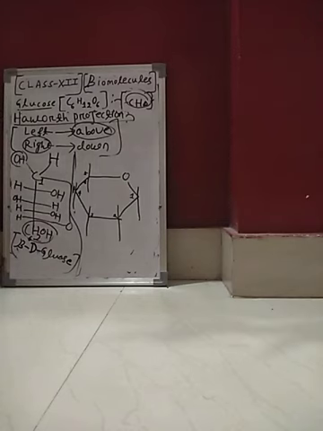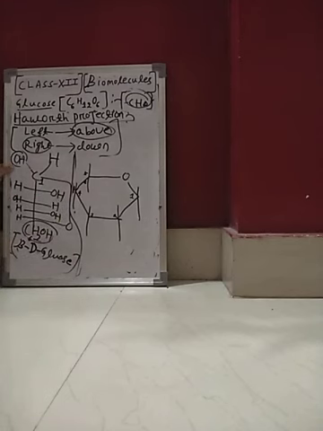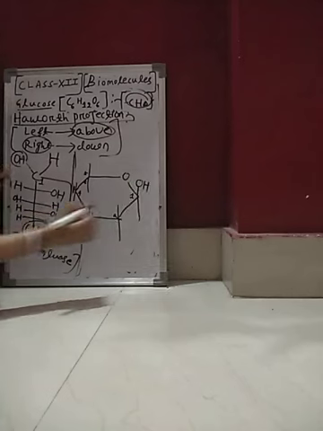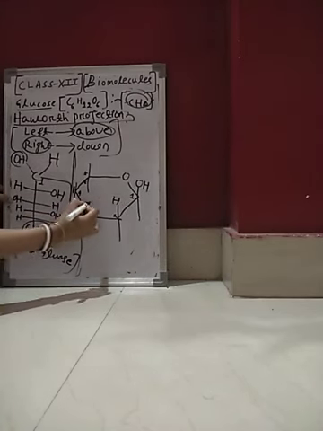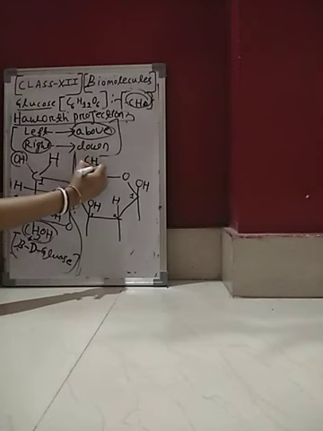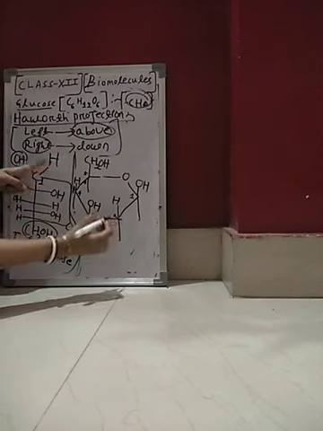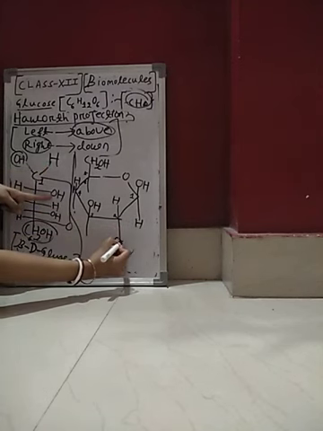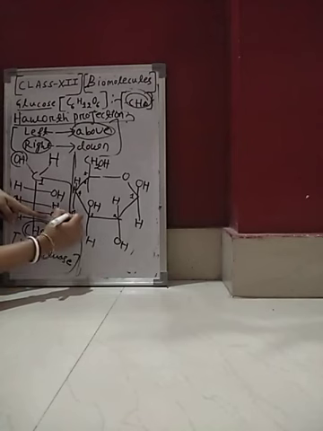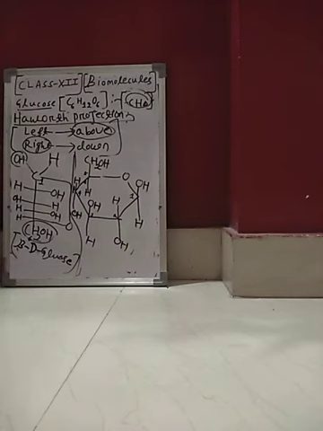So on the left, above, there will be the left atoms. So what is above on carbon atom 1? Here it is OH, then it will be H, then it is your OH, then it is your H, and the position of CH2OH is fixed. Clear? What are the atoms below? Down are the right atoms. What is the right atom for carbon number 1? It is your H, it is your OH, it is your H, it is your OH, and here a hydrogen atom will be present. So this is the structure for your beta D-glucose in the Haworth projection.